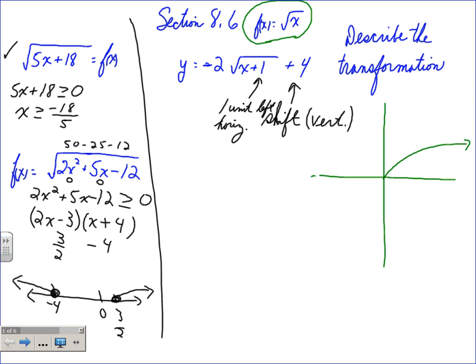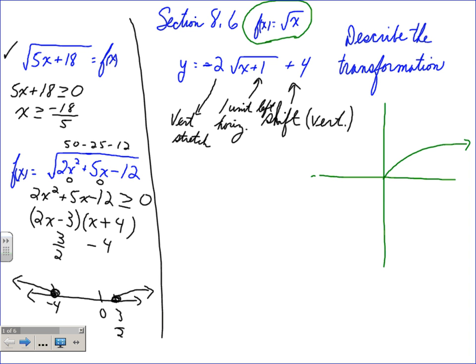And what does the 2 represent? A stretch. That is a vertical stretch by a factor of 2. That means I'm taking the ends of those vertically and stretching them. So I'm taking this half parabola, I'm moving it up 4 units, to the left 1,